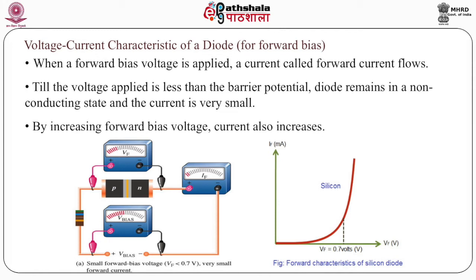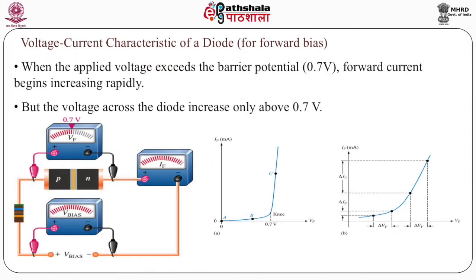So basically in forward bias, we know that the VF, the threshold voltage or the cutoff voltage, represents the minimal voltage which is required to increase the current in the circuit. If the external voltage applied on the silicon diode is less than 0.7 volt, it allows hardly any current.